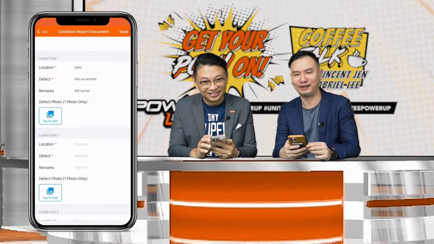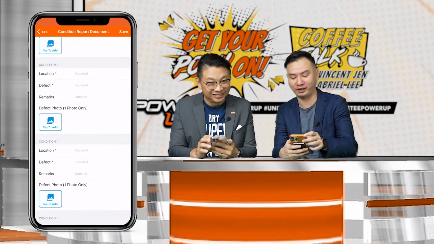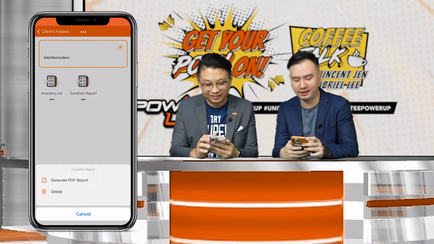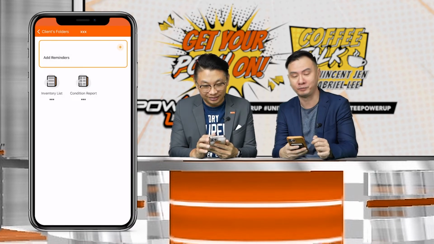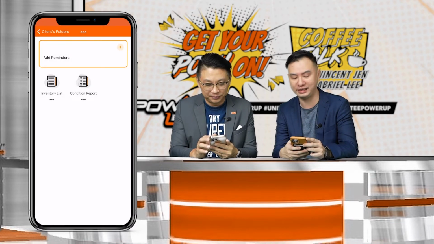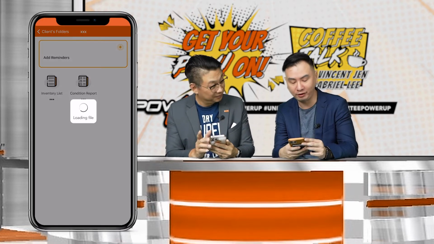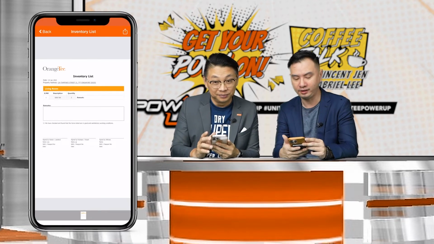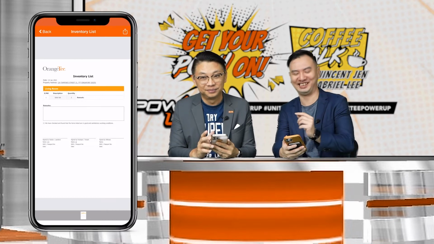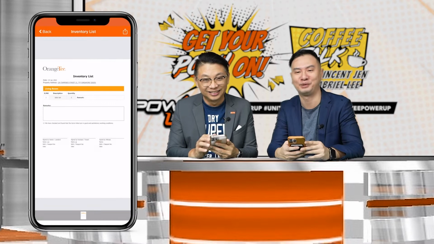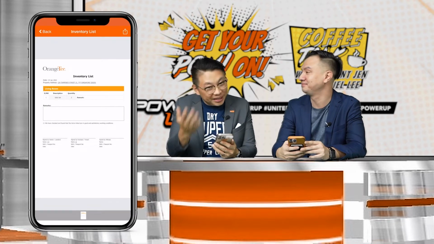After you have done your inventory list and the condition report, you can very conveniently generate a PDF file. When you tap onto the inventory list or the condition report itself, you can just select generate PDF report, and then voila, as he mentioned earlier, it's all generated and you can conveniently send it to your clients from there. Not just PDF reports,